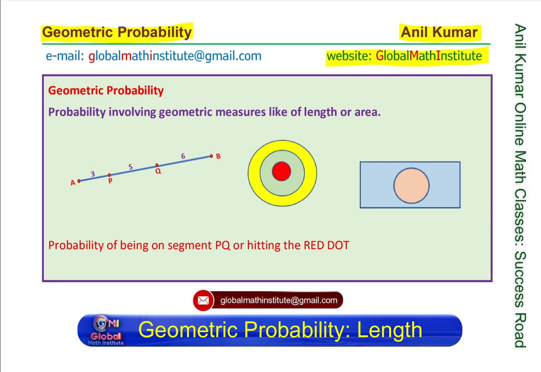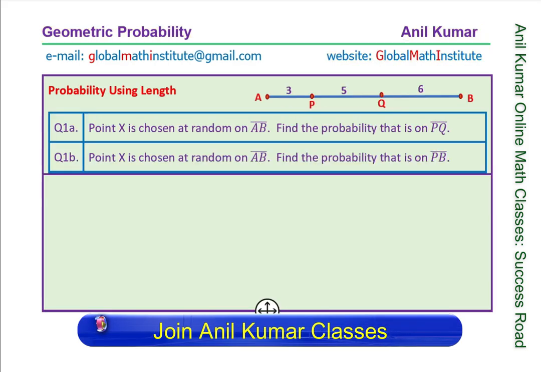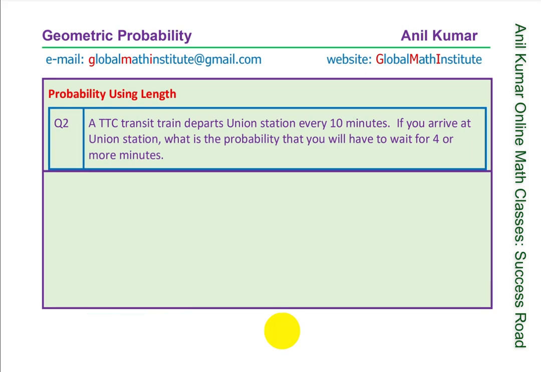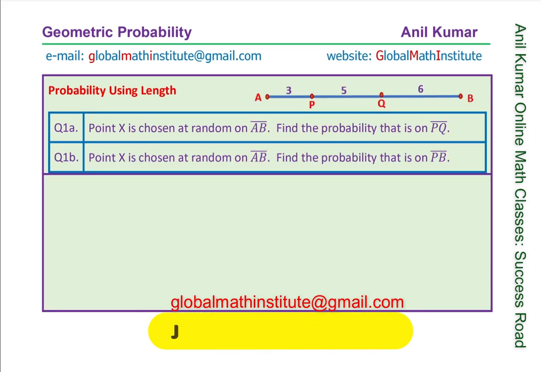In this video, we'll take up two questions. One of them is finding the probability of being on the overlapping segment, and the other will be a real life situation based on waiting time at the railway station. So let's begin with the very first question, which is